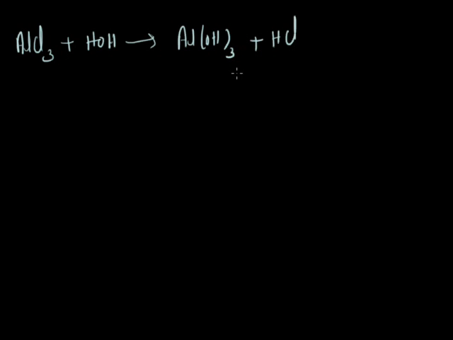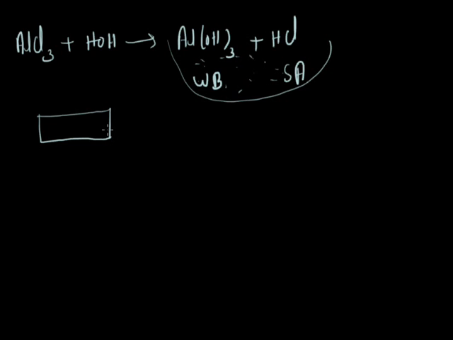Now the next salt is aluminium chloride, AlCl3. When we make an aqueous solution of aluminium chloride, it gives aluminium hydroxide and HCl. Here aluminium hydroxide is a weak base and HCl is a strong acid. So no doubt it has an acidic action. Now if we apply a drop on the strip of pH paper, it gives a light pink color. Here is the light pink color.